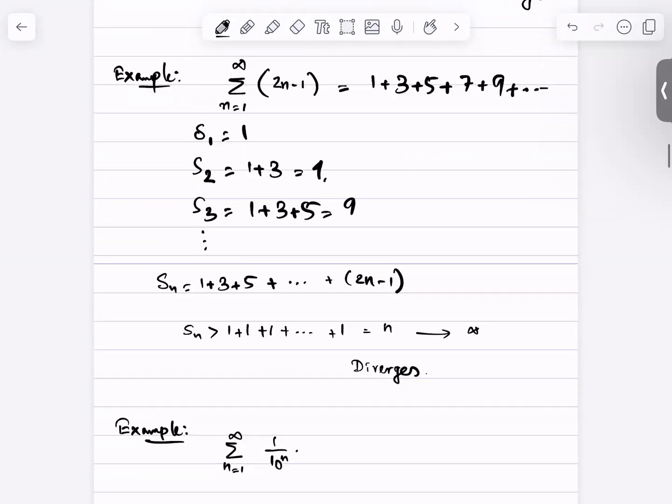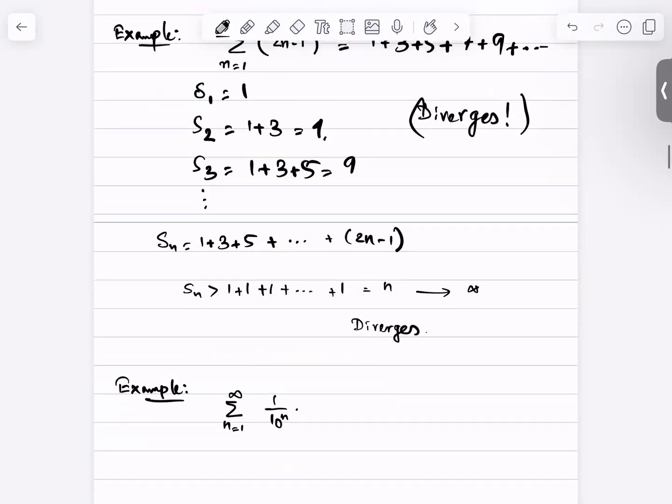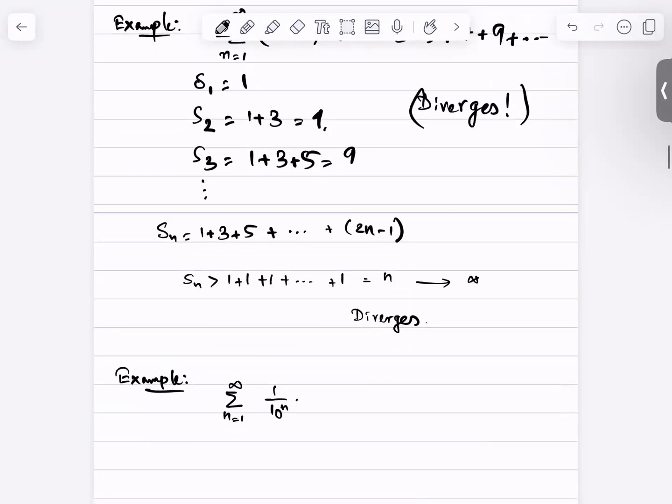Okay. So then Sn will be just 1 plus 3 plus 5 plus so on. The nth term is 2n minus 1. So it is the sum of the first n terms. And my claim is this series diverges. Why? Because now I can see that Sn is bigger than, so I have replaced,